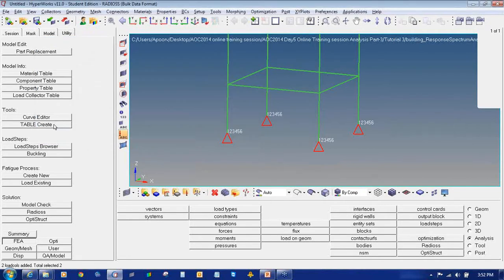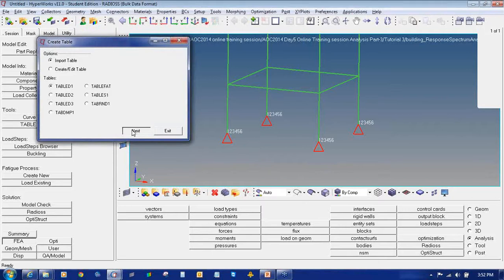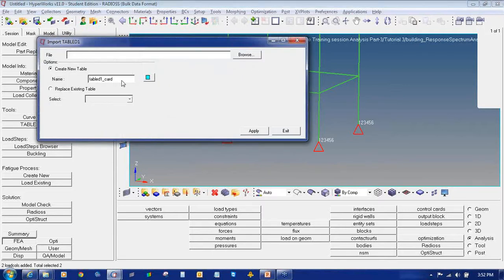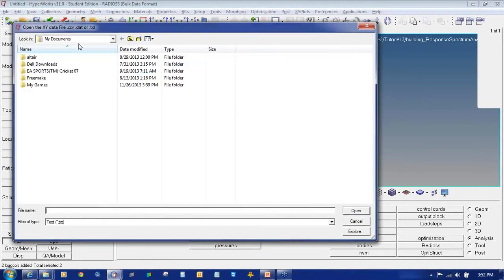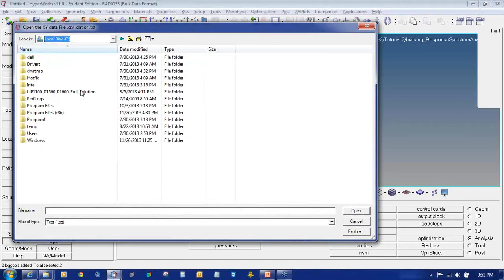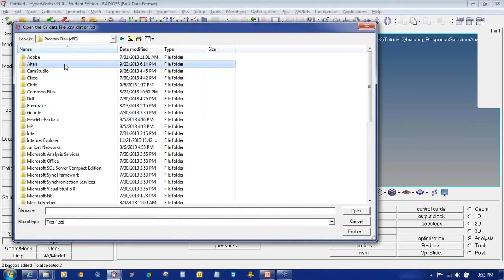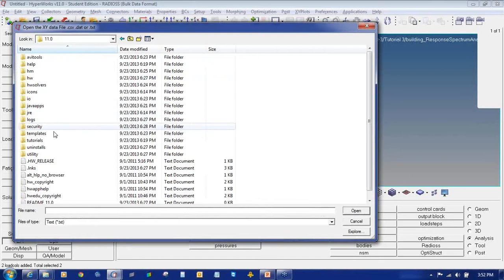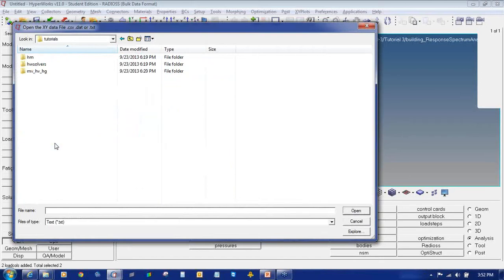So again I will go to create table, browse the file, see program files, Altair 11, tutorials, HW solver, radius. Here you will find the CSV file.